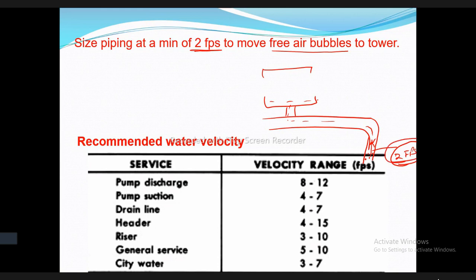So now you have understood your velocity should never be less than 2 FPS. If I have velocities less than 2 FPS, there can be a problem of air releasing, and air releasing means there will be more pressure drop. But the only thing is, we can ensure that there is no air. In that case, I will not have any problem. So on the lower side, I can have even lower velocities. But the moment I increase the velocity, what is the problem? There will be more friction, more head, more erosion. Clear?